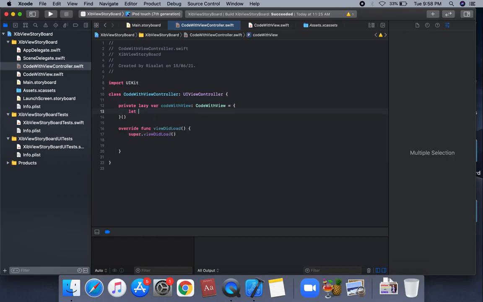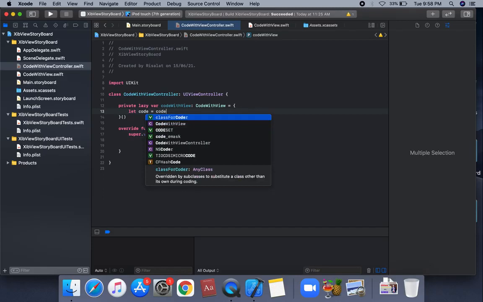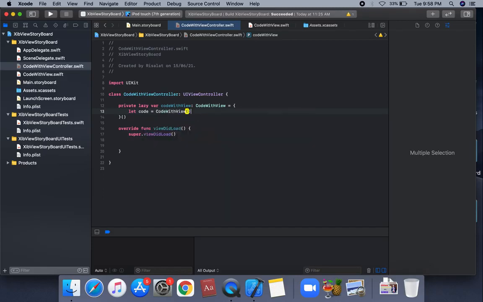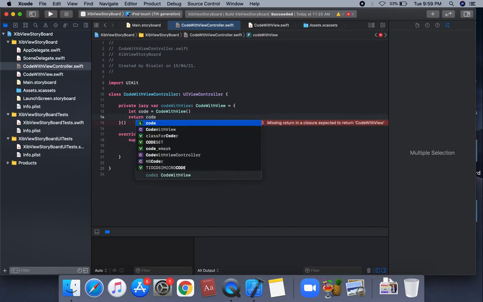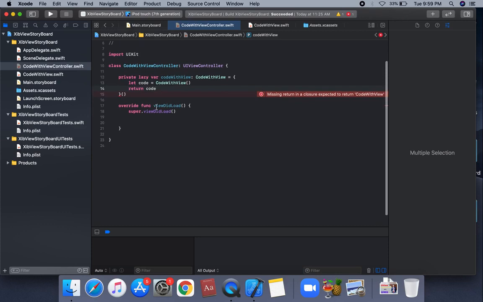Suppose let code is equal to CodeWithView. We're gonna create the instance and return code.